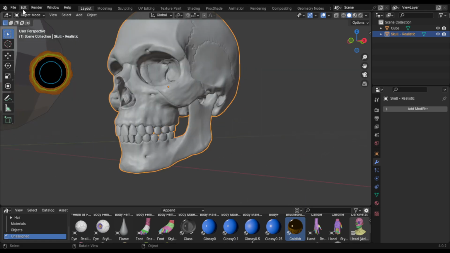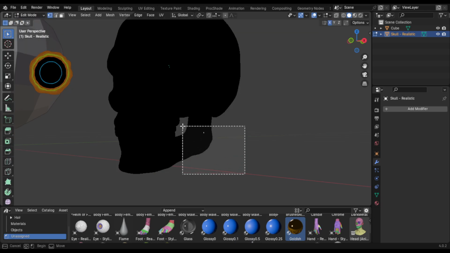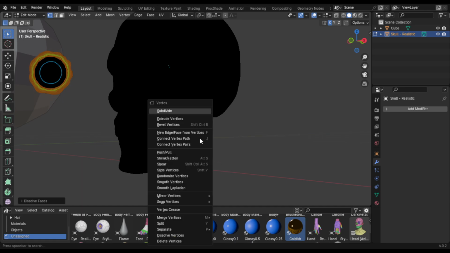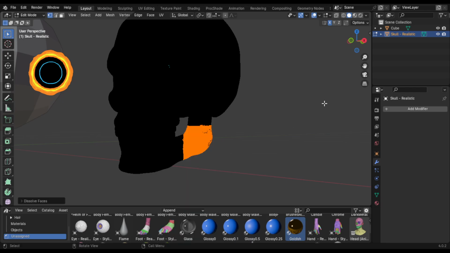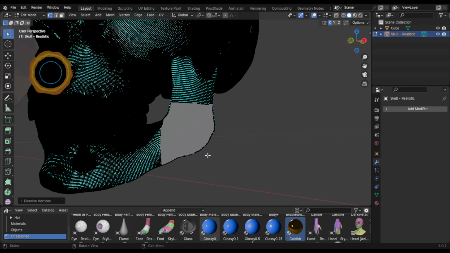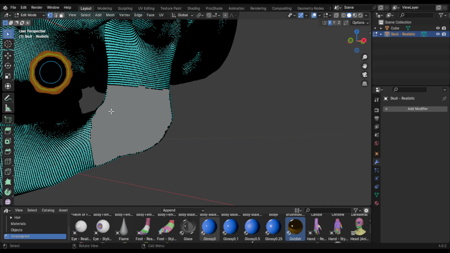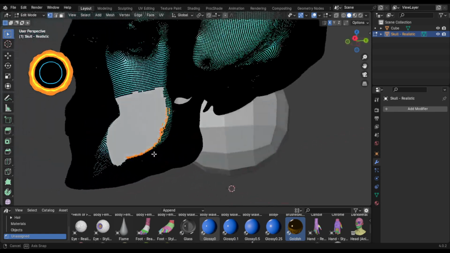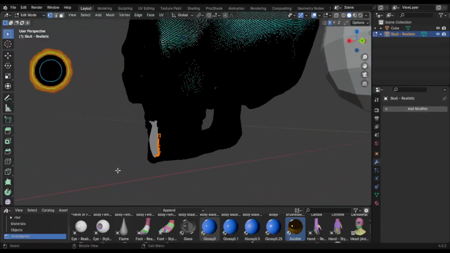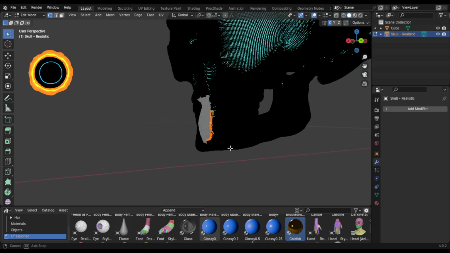But we could also go into edit mode, take something like this and just bam, dissolve faces. Didn't work. Dissolve vertices should do it. I guess that did it. What we're left with is the other side. You can see it's now missing its pieces. It's got some weird stuff on the inside, but let's see if we can